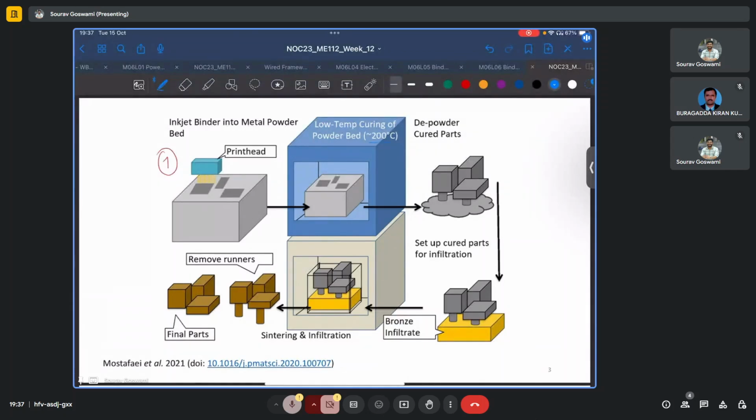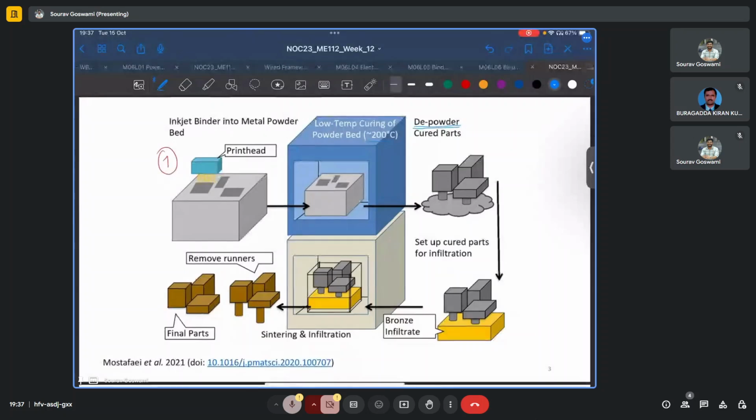And then these low temperature cured parts can be separated from the other parts. Then they can be removed from the powder, and this process is called depowdering. Now the cured parts are set up for infiltration because here at approximately 200 degrees, it is expected that the binder would also have evaporated